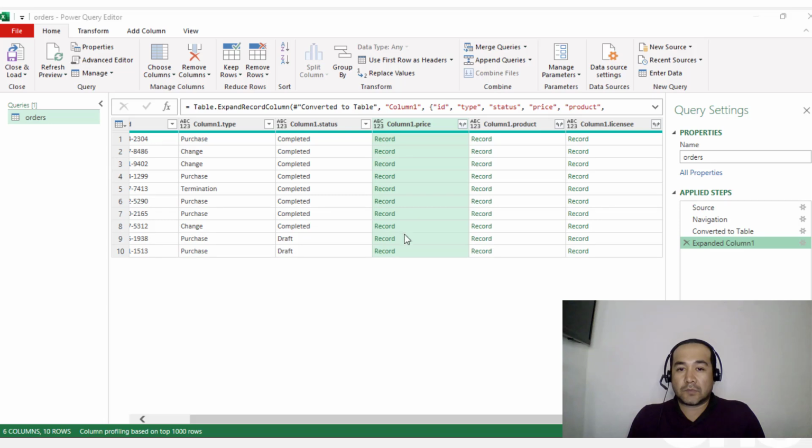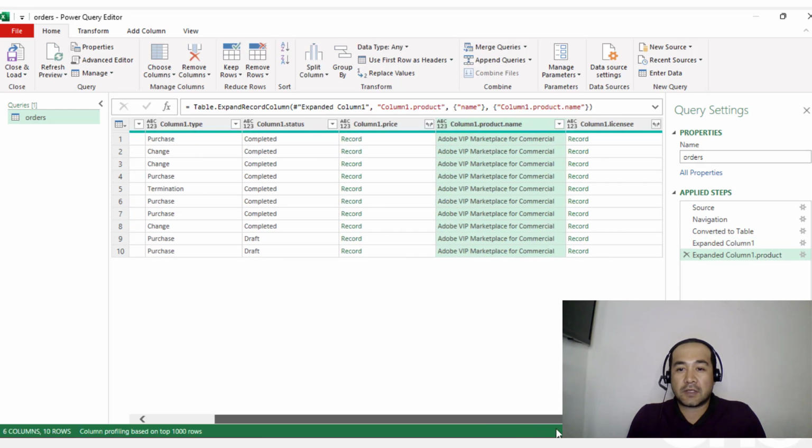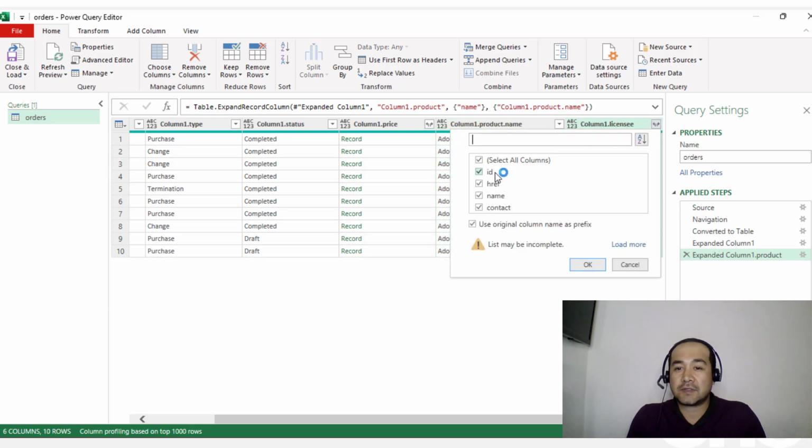Okay. Now let's jump to the next column and do the same for product. So I'm going to display this menu and select only the product name. And let's do the same thing for the last column. In this case, I will choose contact,